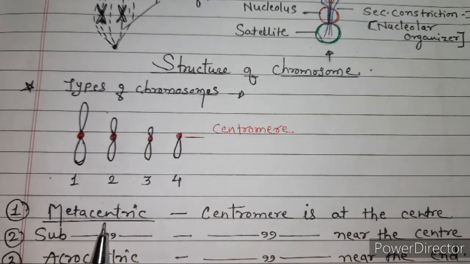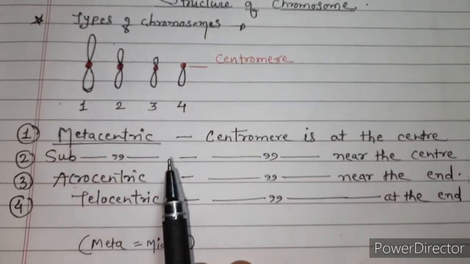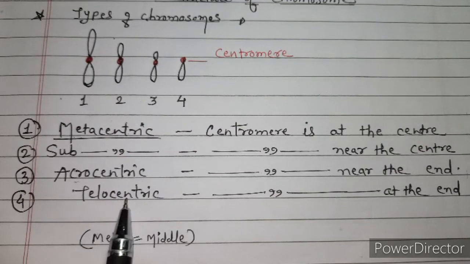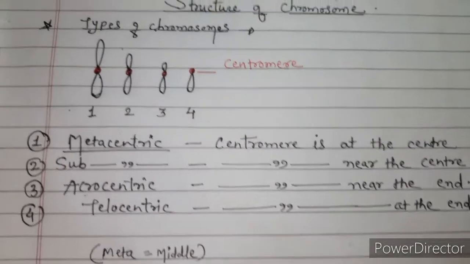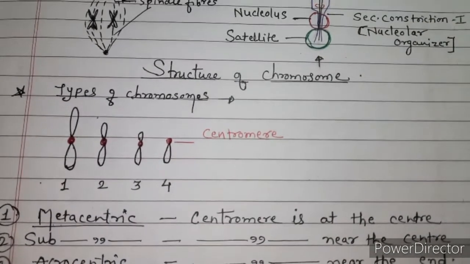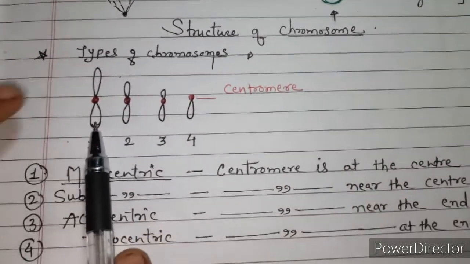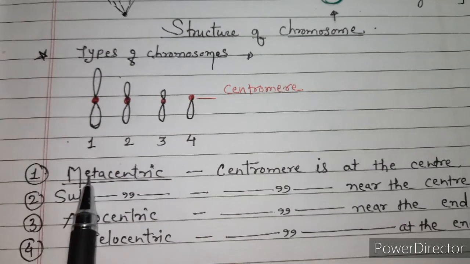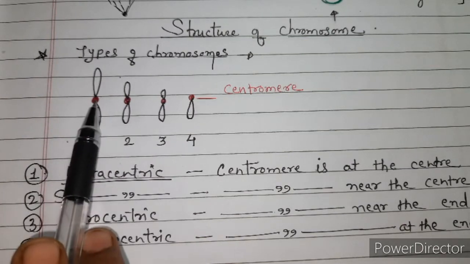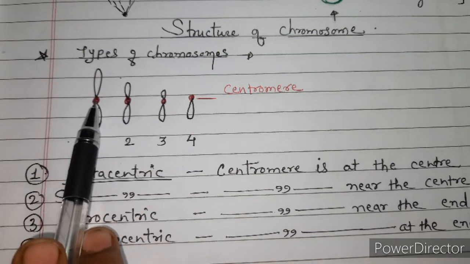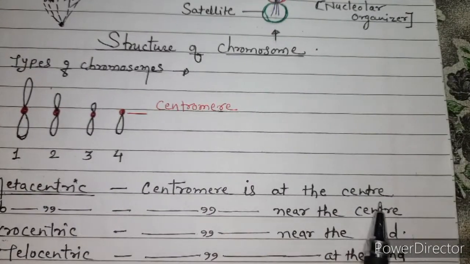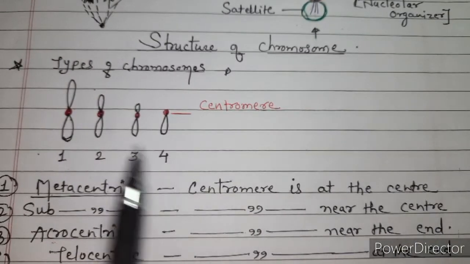Now the first type is metacentric, the second type is submetacentric, the third is acrocentric, and the fourth one is telocentric. Now we will see what is the difference between these types of chromosomes. See here, this is the first type, the metacentric. You know the meaning of meta. Meta means middle. When the centromere is present exactly in the center, it occupies the middle position. So when the centromere is exactly in the center of the chromosome, such a chromosome